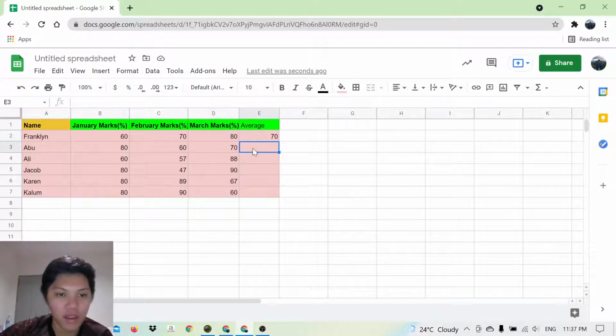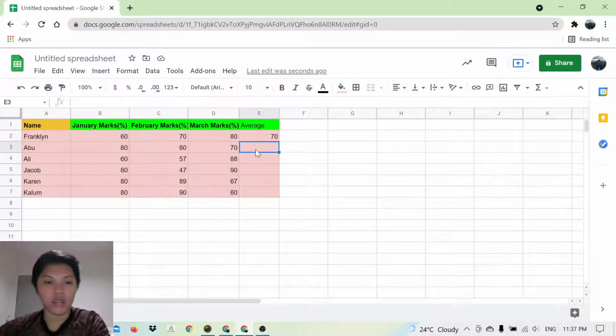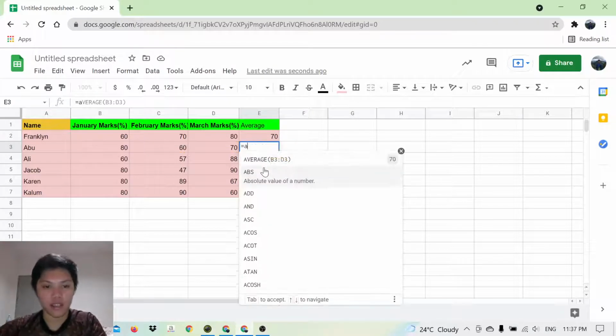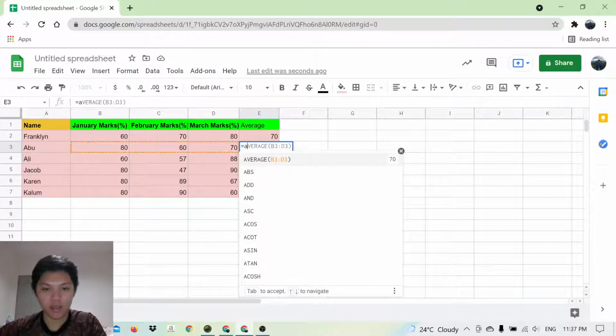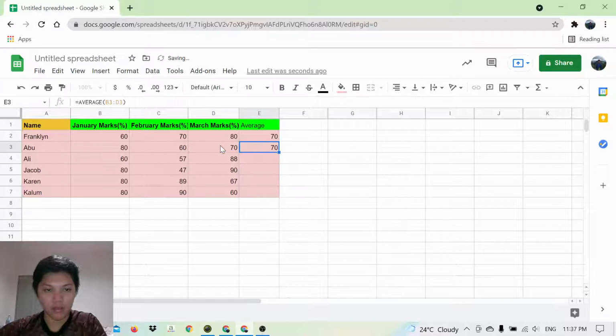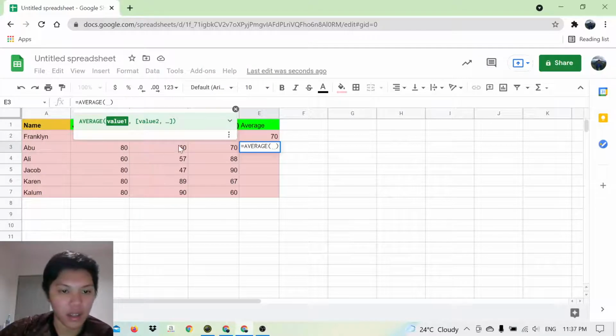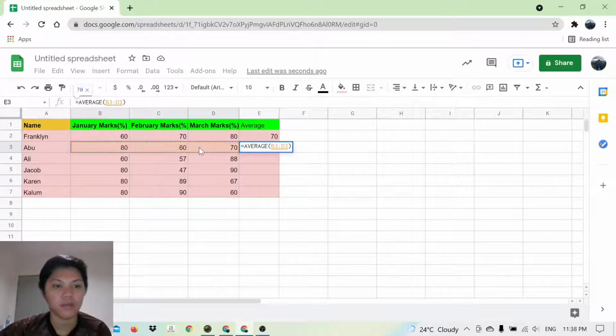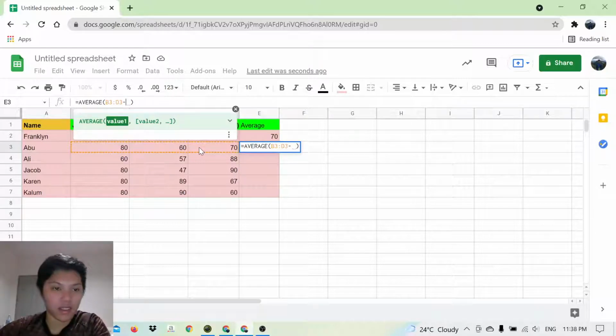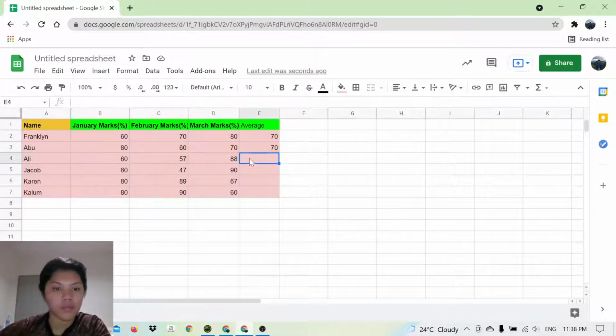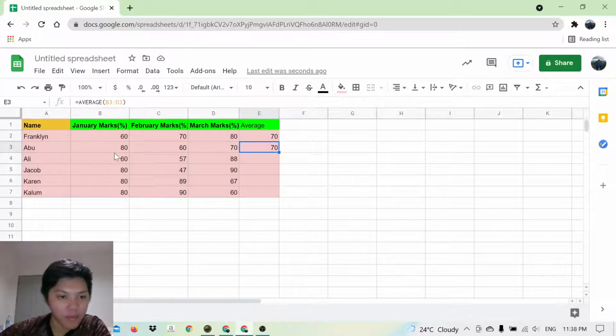So another way you can use is type average, but you can select it manually like this, then press enter. As you can see, it is the same method,